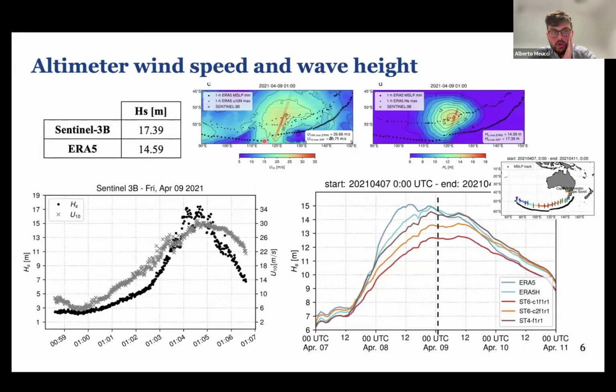evaluation. Here, I'm just showing you one of probably the main outcomes of this paper, which was backtracking the storm. Now we are looking at here a passing of the Sentinel-3B altimeter, and as you can see, the difference in the wave was quite major for ERA 5. And we all know that now, and there has been a lot of work done on correcting a little bit the winds, and John in the first line on this, and